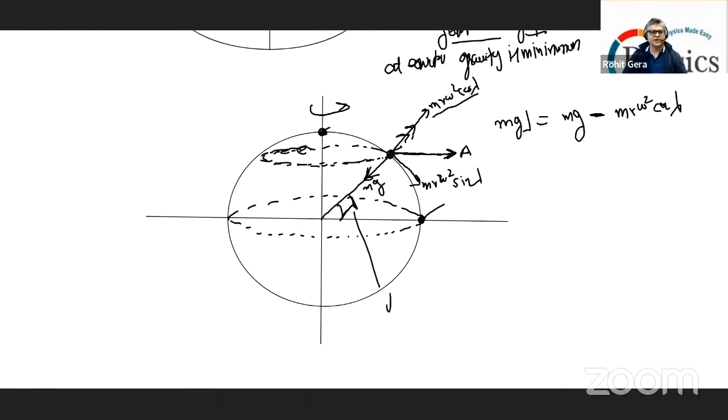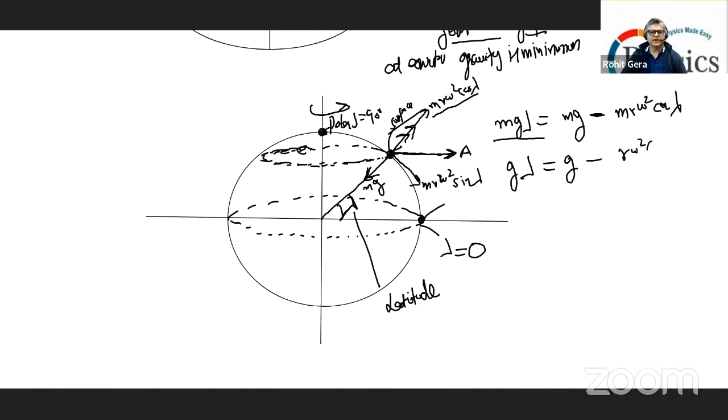Latitude at the equator is 0. Latitude at the poles is 90 degrees. So mg lambda, the net force it experiences on the surface here, is equal to mg minus m r omega square cos lambda. So you can see for yourself that m cancels out from everything. So g lambda is equal to g minus r omega square cos lambda, and if we collect g,